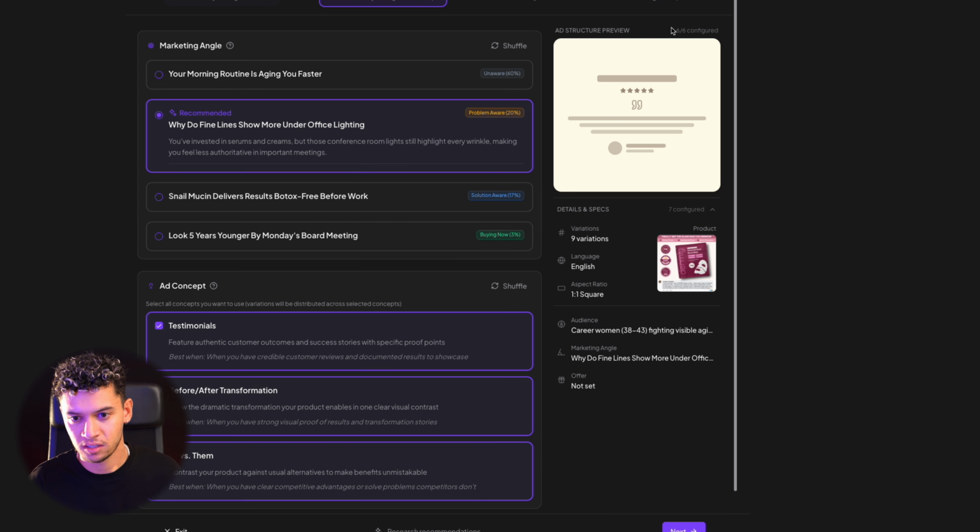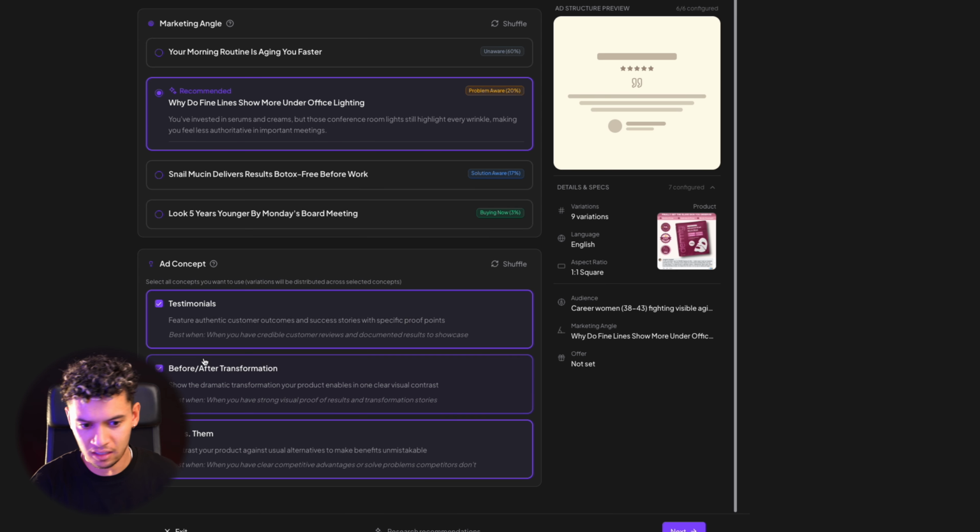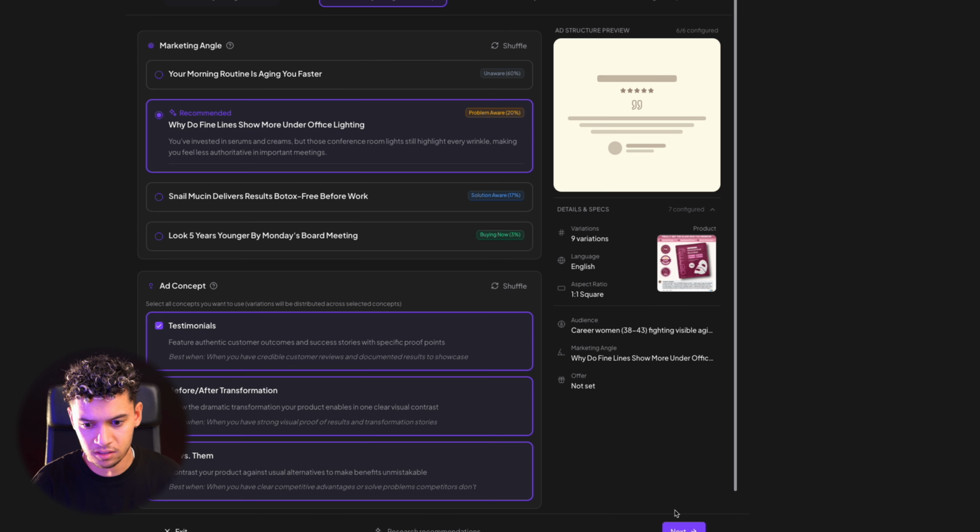And this is, we can actually look at the audience, and the angle is based on what people are actually writing, what their reviews are saying, what you're finding in these different articles, what people are complaining about. So it's not just, oh, let's try this, but this should work based on the research. And then let's just do all of these recommended concepts.